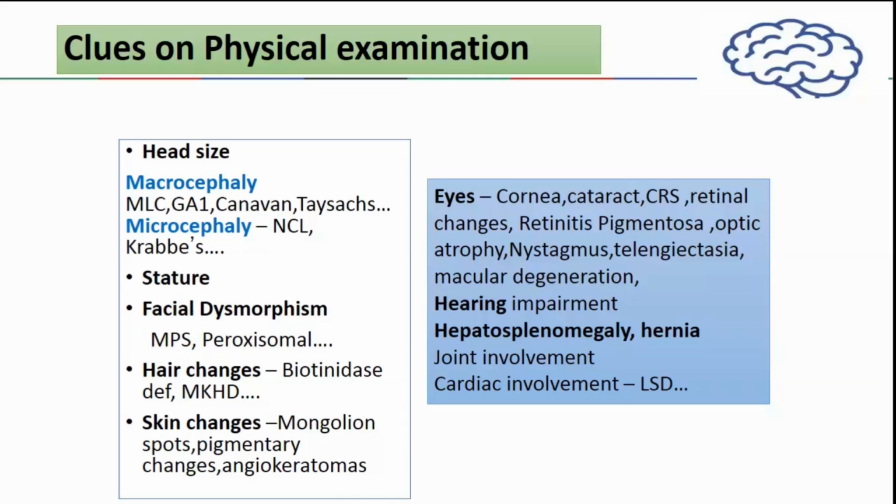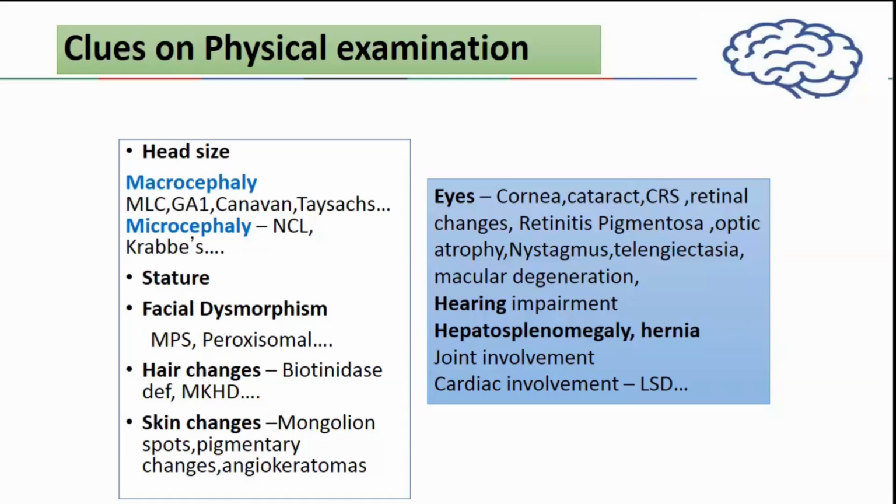And obviously, eye examination is very, very important. So any child with neurodegeneration, you have to get a good eye evaluation done with fundus examination, hearing involvement, organomegaly, hernia, and cardiac and joint involvement. I am pointing towards the group of mucopolysaccharidosis, particularly the severe spectrum like MPS 2 or MPS 3. MPS 3 is at times missed because they do not have the classical telltale phenotype of